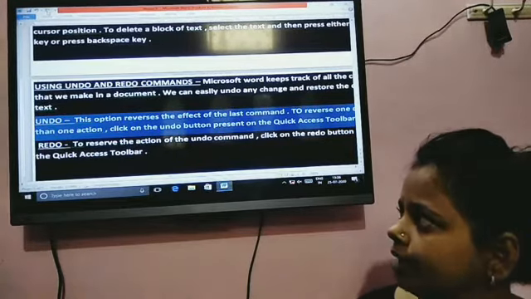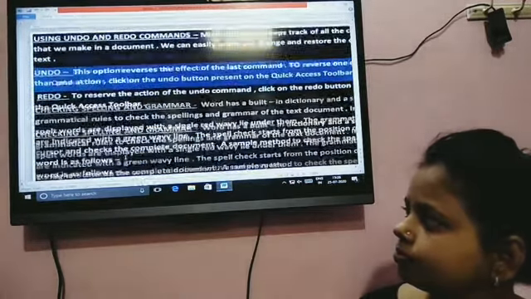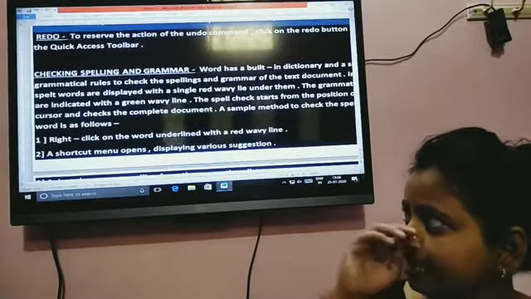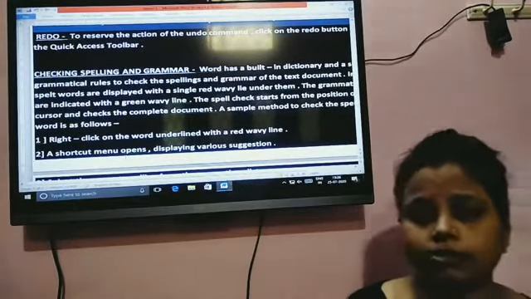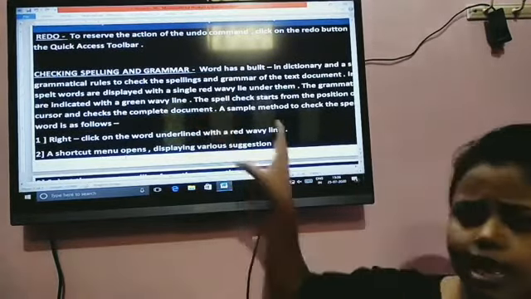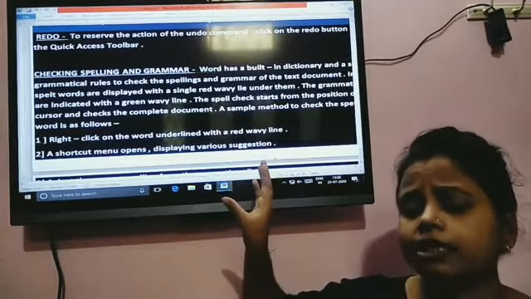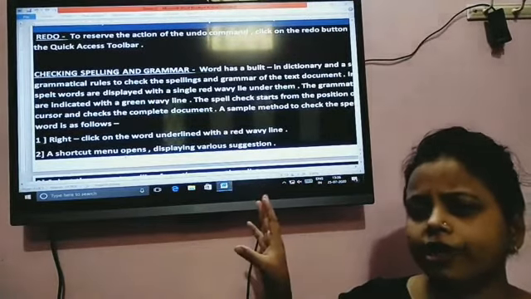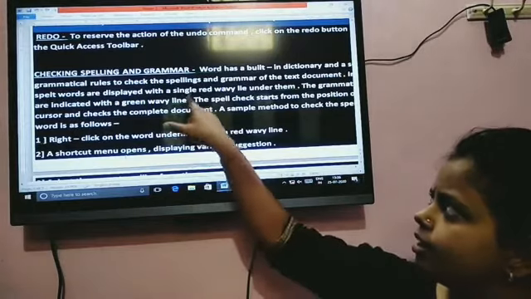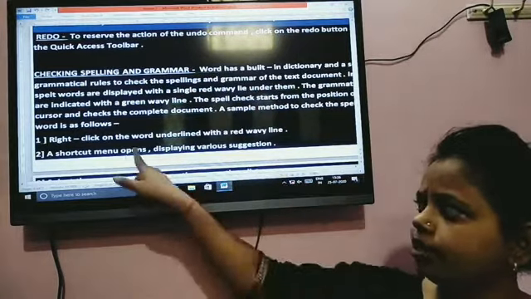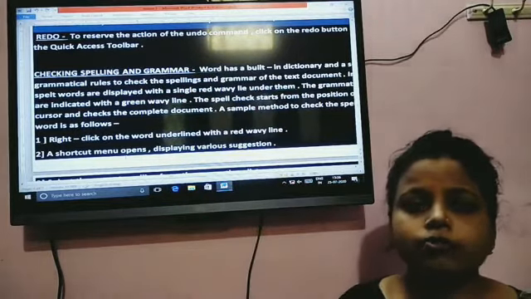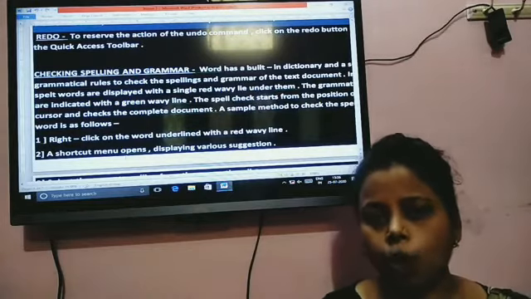Now, next heading: spelling and grammar. See, students, in this paragraph, can you see the green underline anywhere? Yes, here, here, here, here, and here also. What does a green underline mean?